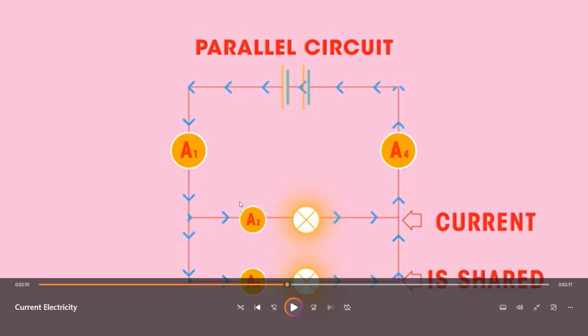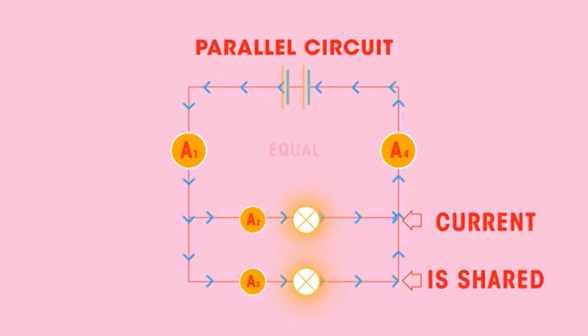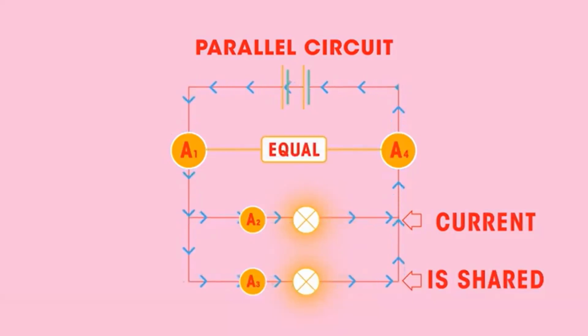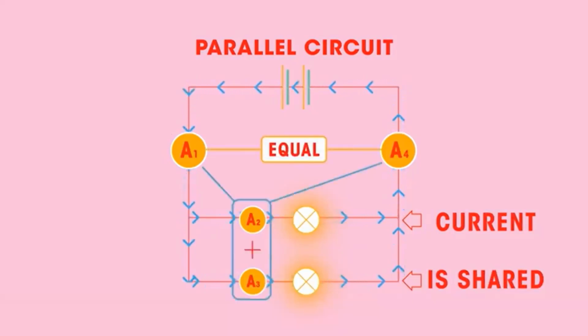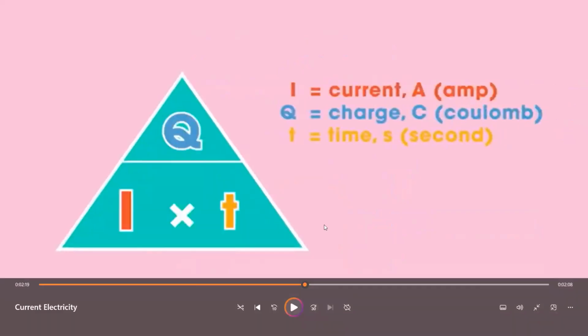I'm going to clarify this in the few seconds coming. So A1 equals A4, but A1 equals A2 plus A3, which equals A4. To calculate